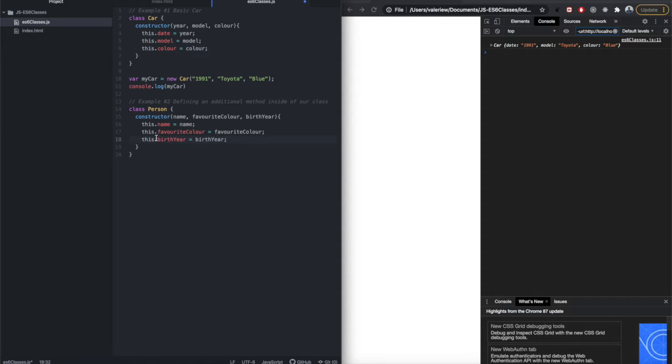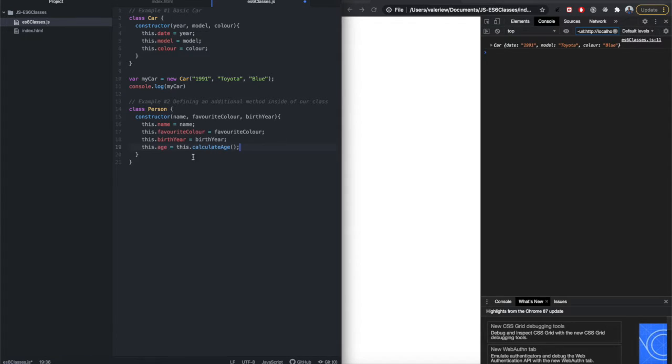So these are the first three properties of our class. Then the fourth property is going to be this.age. Now notice how we don't have an age parameter. The reason is because we don't need an age parameter. We're going to actually calculate our age using our birth year. So as long as we have a birth year supplied to our class instance, we can use that birth year to calculate the age. So this.age is just going to be set to this.calculateAge. We're going to create a calculateAge function. We haven't done that yet, so this doesn't exist technically, but we are going to be defining this in a